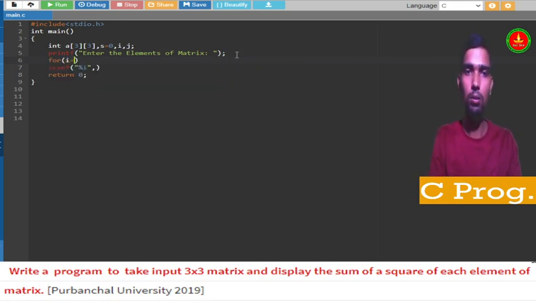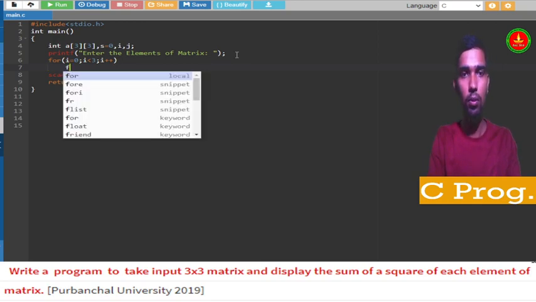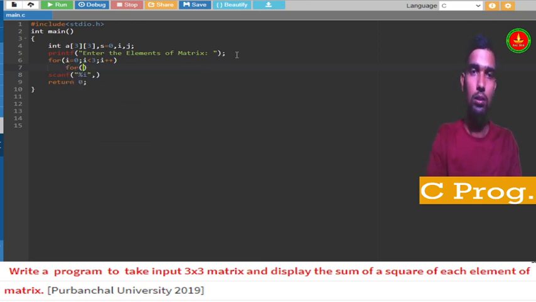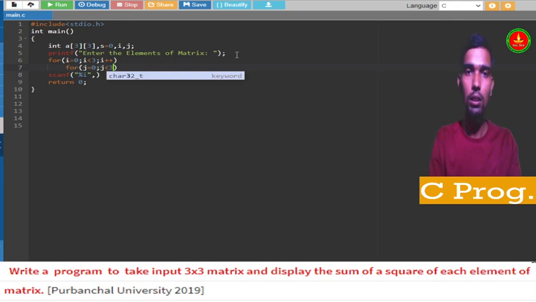For i equal to 0, i less than 3. This is hard coding because the size is already fixed. Then i plus plus, and after that for j equal to 0, j less than 3, j plus plus.